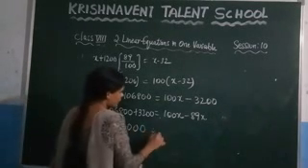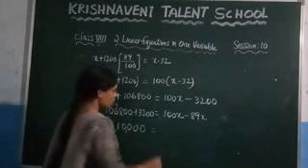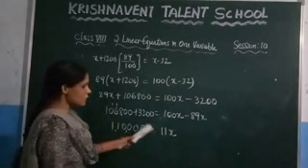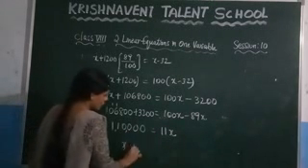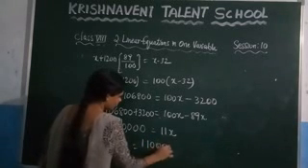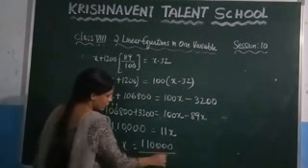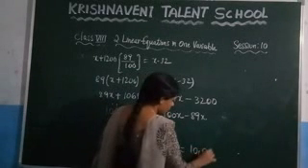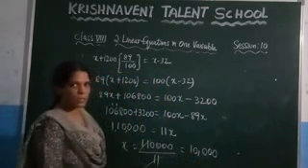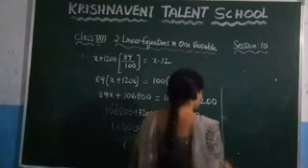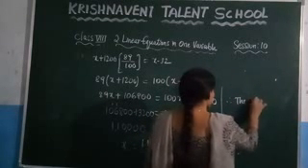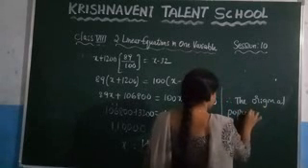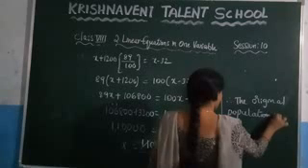Now here, subtract 100 with 89, what you will get? You will get 11x. Since we need to find the value of the variable x, take this 11 to this side. What you will get? You will get 110000 by 11. This 11 will get cancelled. And what is the number which is left out? Which is 10000. So what is the original population? Which is 10000. So write it here. Therefore, the original population is 10000.